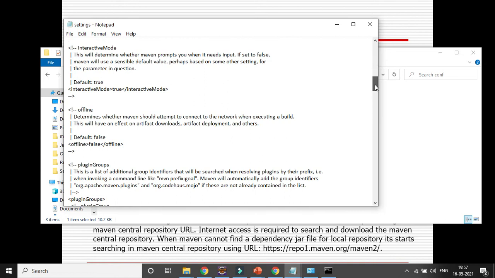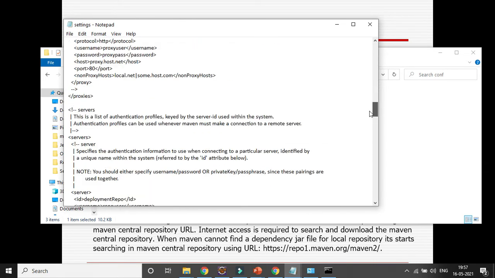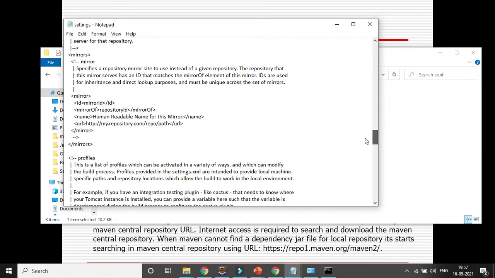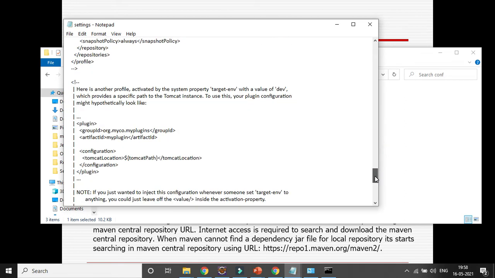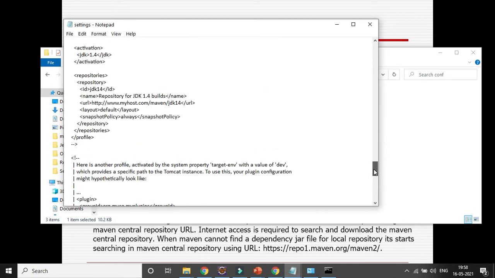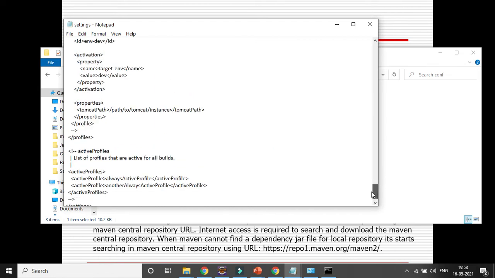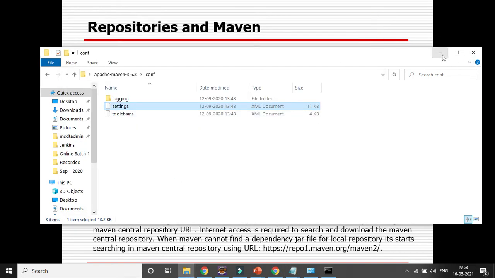Similarly, everything else, any kind of plugins or any kind of profiles, is based on the settings. You can see this is the settings path, profiles. So we are not going to change it unless a specific project demands it. Everything will be there, and you can find all these things. This is one of the important paths, active profiles. From that path, all the settings happen.